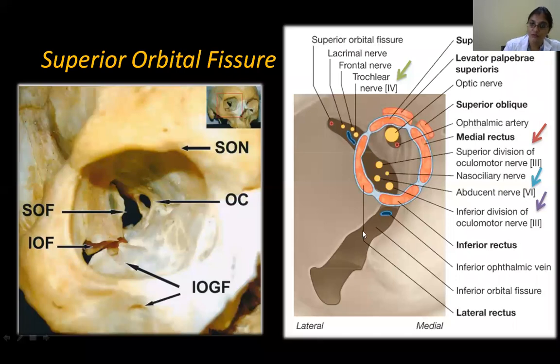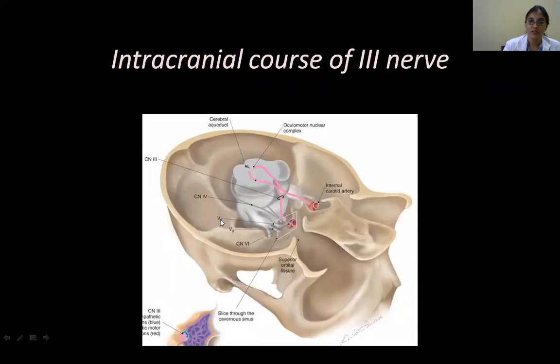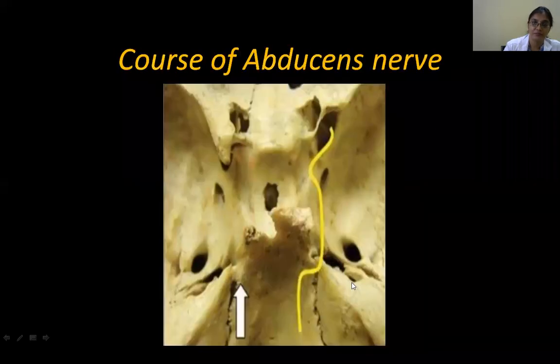So this diagram you have to practice. This can come as one of the very short notes: the superior orbital fissure and the tendinous ring. So overall, the intracranial course of the oculomotor: from here it's coursing through the tegmentum, and then this is the oculomotor sulcus, the superficial attachment, then the subarachnoid course. It goes up to the lateral wall of the cavernous sinus, and then through the superior orbital fissure, it gets into the orbit. And you can see this is the abducens.